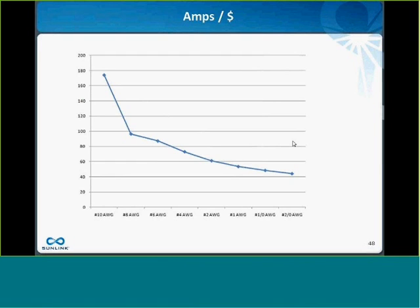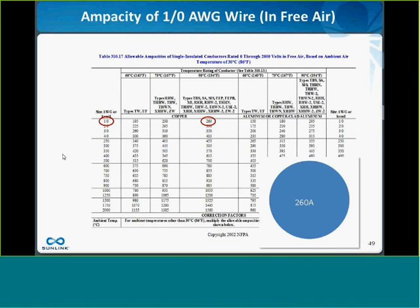So you can have a situation where a number 1 aught is giving you maybe 50 amps per unit area of conductor, but a number 8 would give you 90 amps per unit area. So you're better off with more number 8s in terms of pounds of copper than you are with 1 aughts. I hope everyone follows that because it's going to lead into my next discussion, which is